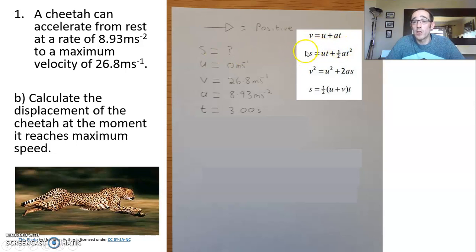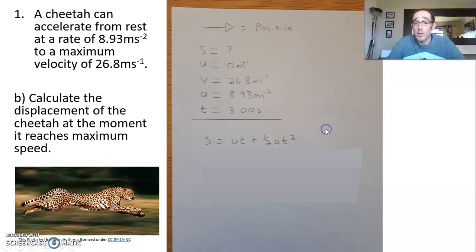We can use this equation here, s equals ut plus a half at squared, which would probably be my preference in this situation because it means we don't have to rearrange. We've already got s as the term that we're trying to find. However, we could also use this equation here, and I'll show you both examples. So if we start off by choosing s equals ut plus a half at squared, our second equation of motion,